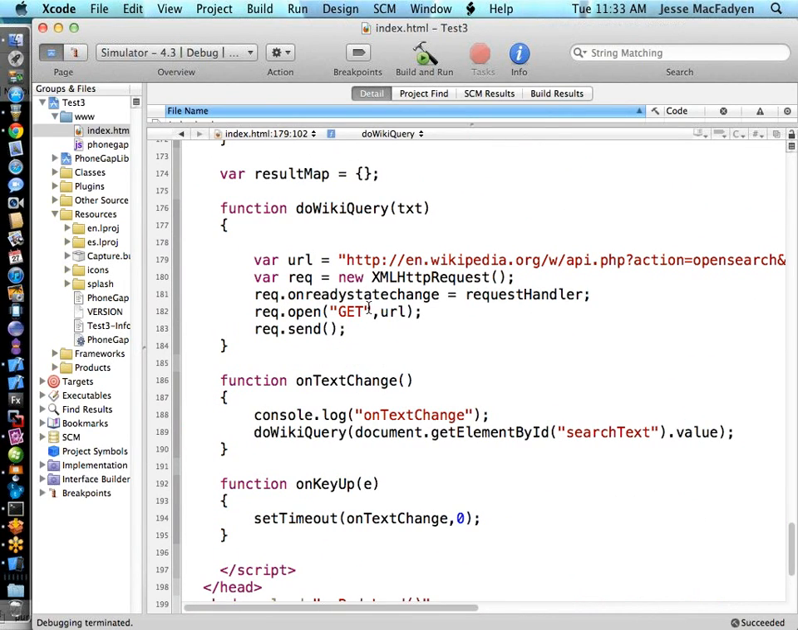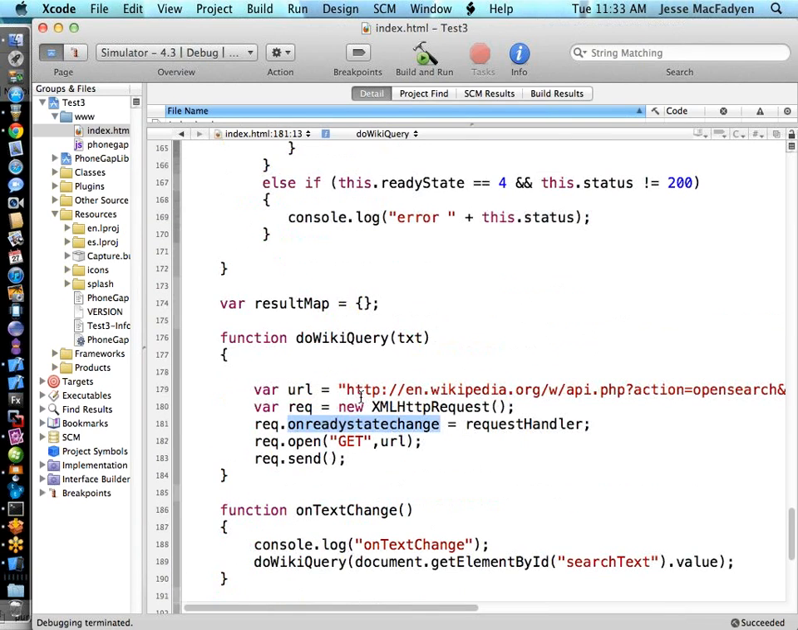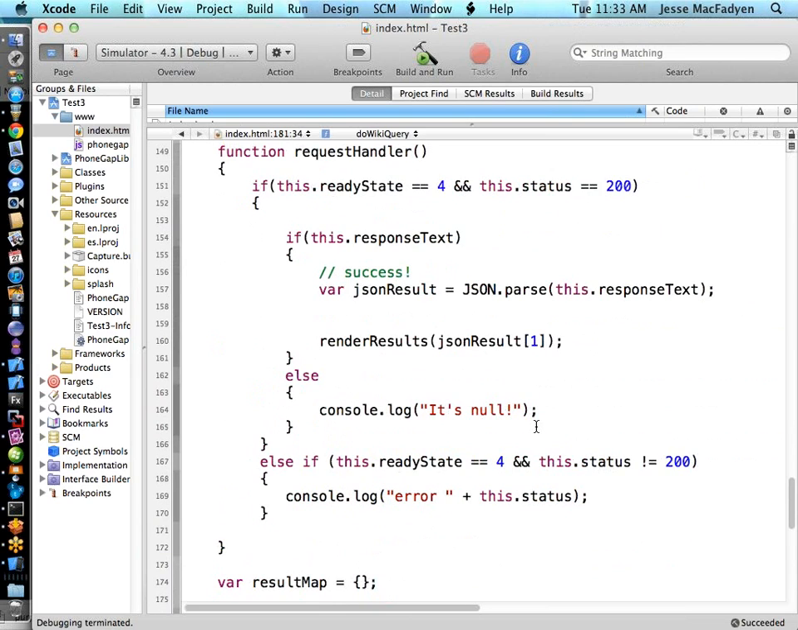So we have a ready state handler. We're creating an XHR request, and we're calling send. When we receive a result, we enter our request handler here. We check the ready state, we check the response text, we grab the JSON result, we parse it, and then